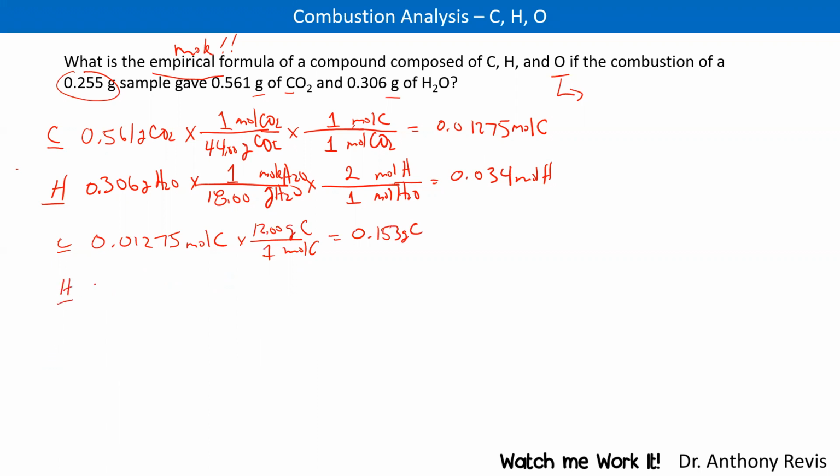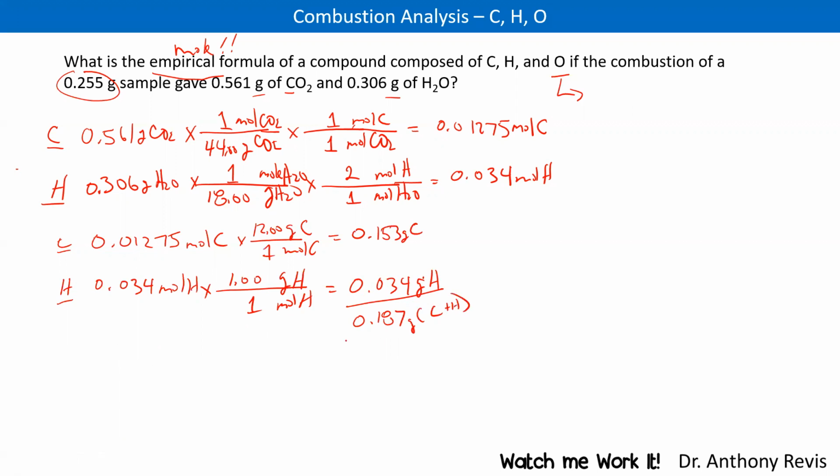Next, let's get the grams of hydrogen. So this is hydrogen. We take the moles of hydrogen that we've already calculated, and we're going to convert these to grams of hydrogen through a dimensional analysis. Mole to gram of H, and gram is 1.00 to every 1 mole. And this will be 0.034 gram of hydrogen. So if we add these grams together, we get 0.187 grams that we know about based